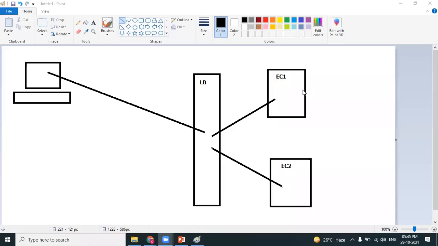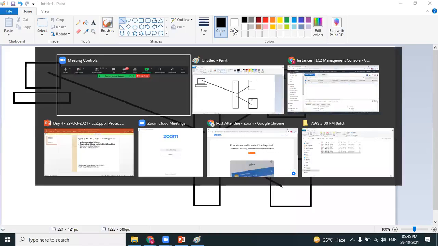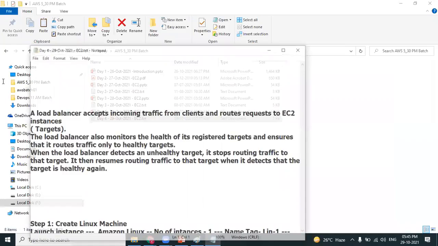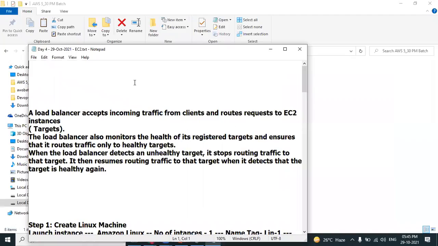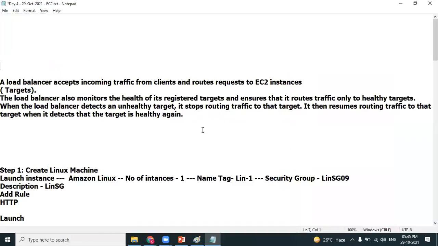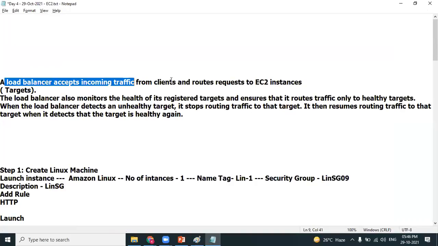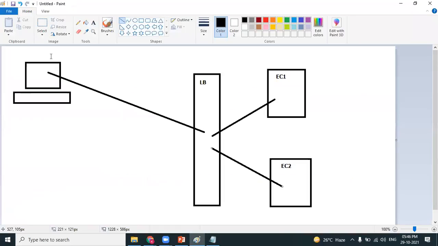So look at the technical definition of the term load balancer. What AWS says about the concept of a load balancer. Look at the statement. A load balancer will accept the traffic. Look at the diagram. The load balancer is accepting the traffic. Yesterday, the EC2 machine was directly accepting the traffic. Now here, we are creating one more component called a load balancer. The load balancer will take the traffic from the client. I again repeat, don't worry about the technical jargon. Clients are nothing but users like you and me who are accessing the site using Flipkart.com.